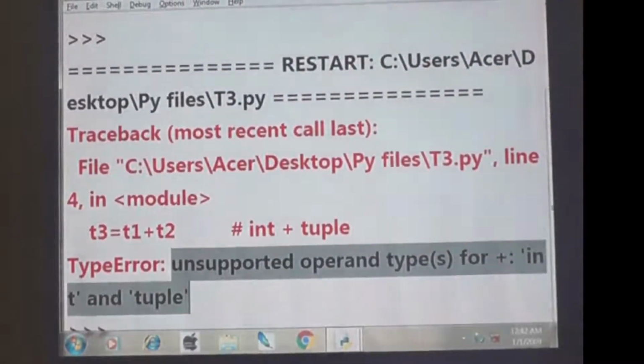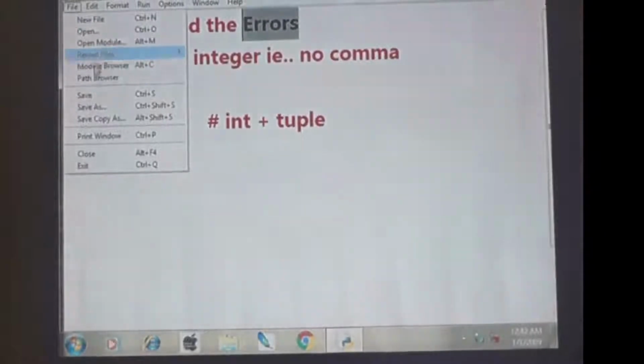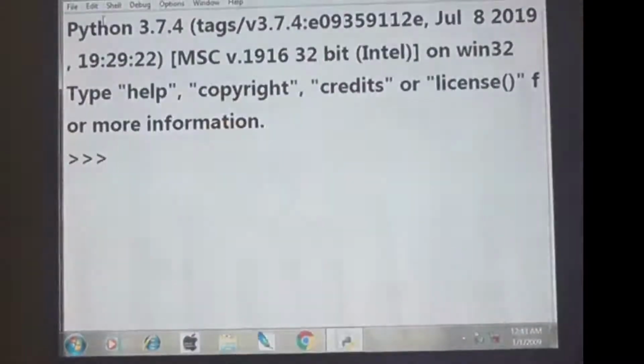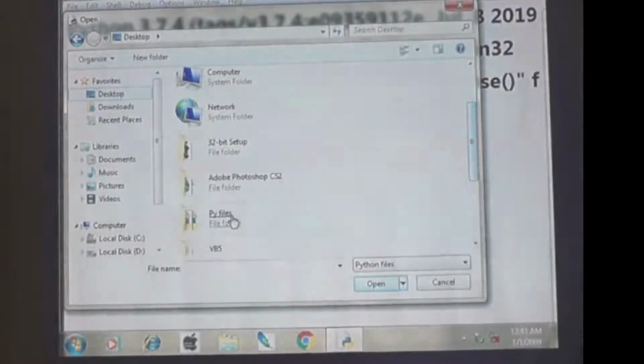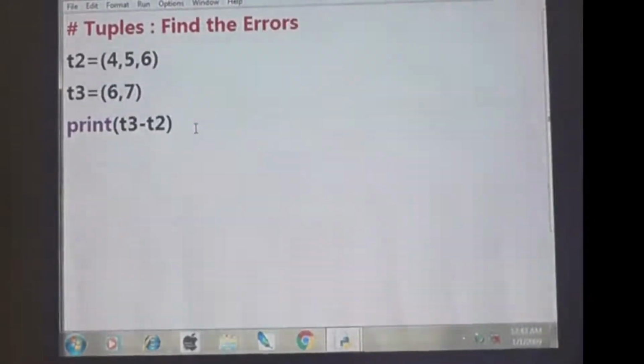So if I ask you what the error is, you have to write according to what the system gives. Clear? Okay. So this one we can save and we can close it. We can go for a new one. I think it is T4. Now listen here. T2 is a tuple or not?